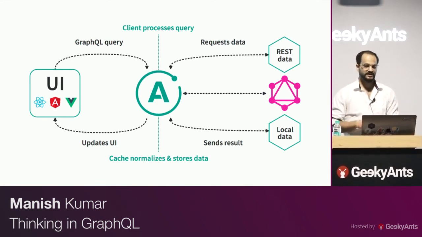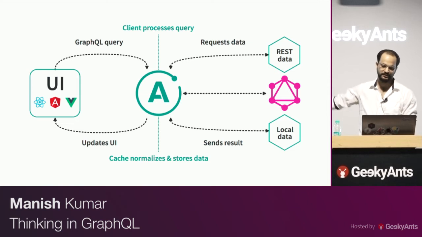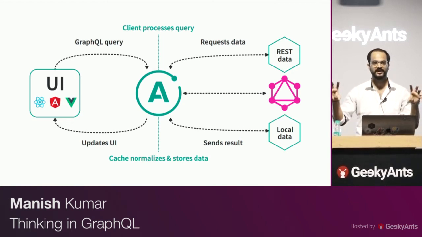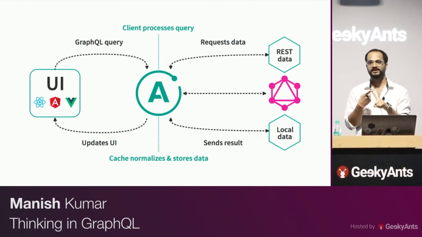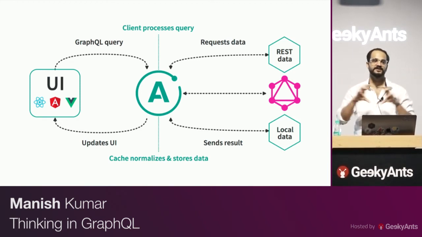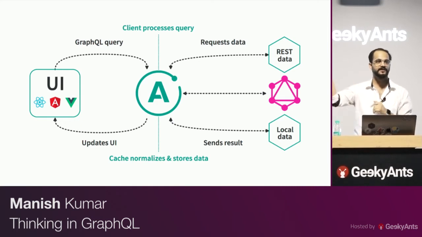What Apollo provides you is this. You can make queries to your GraphQL endpoint, your REST endpoint, maybe some local data as well, and it just sits as a data layer for your application, which lets you do both the things. It lets you query for the network calls. I mean, it acts as a network layer as well as the data layer. It lets you query for your network as well as for your local data cache as well.